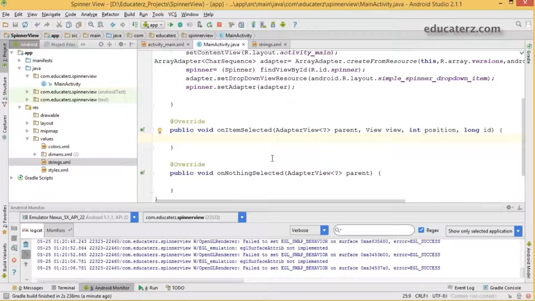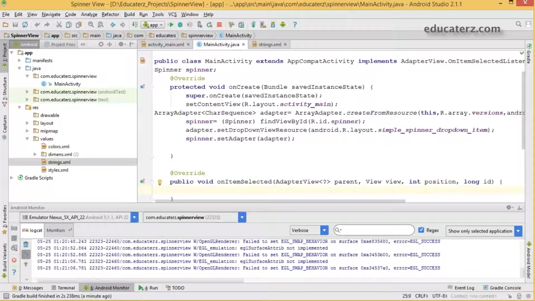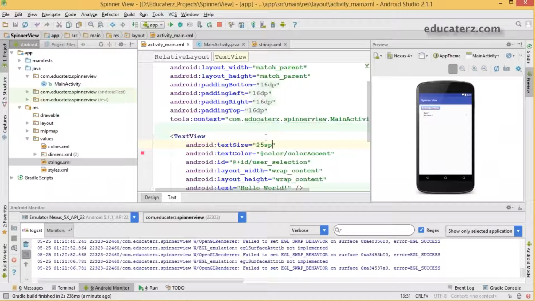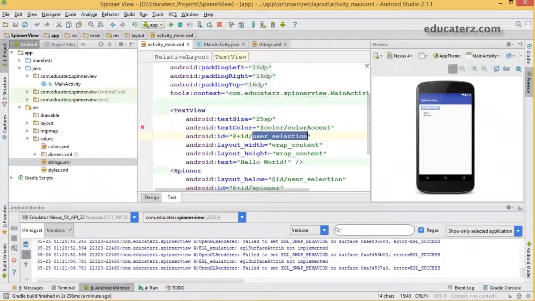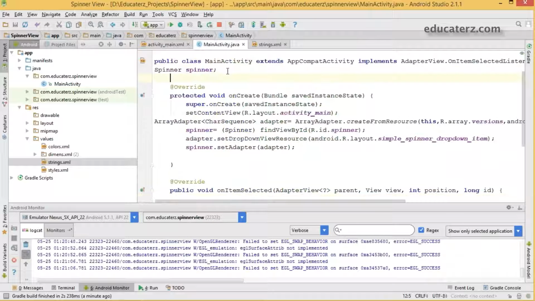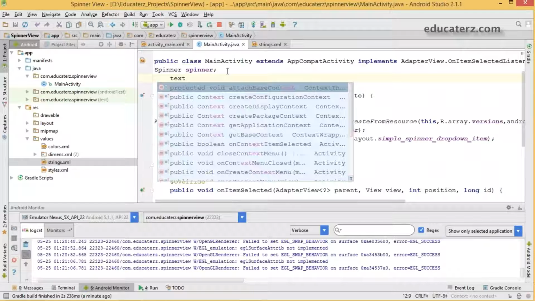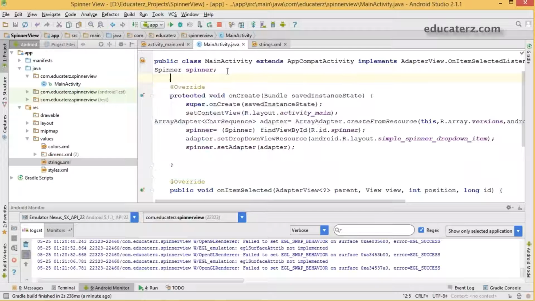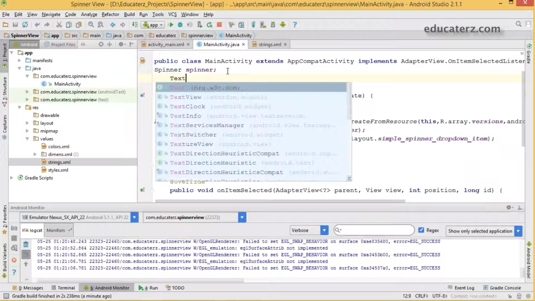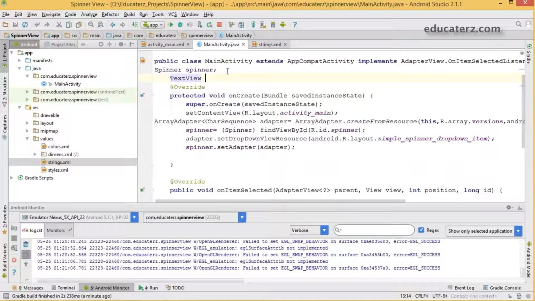What do we do? We'll read the data. So to a text view we'll pass it. For that you have to read the text view into your activity. The ID is user selection. So come back here. Let us give that as a text view, I'll say TV.